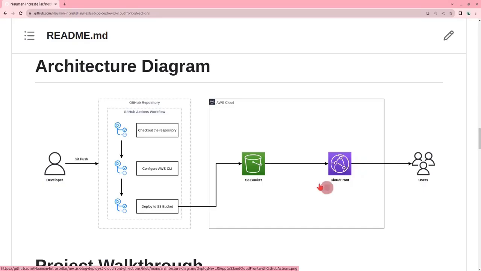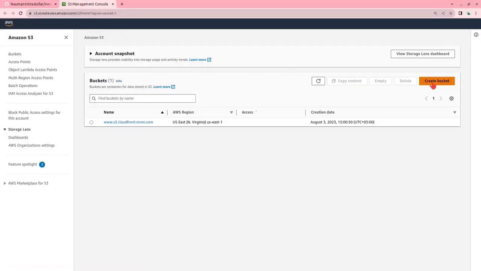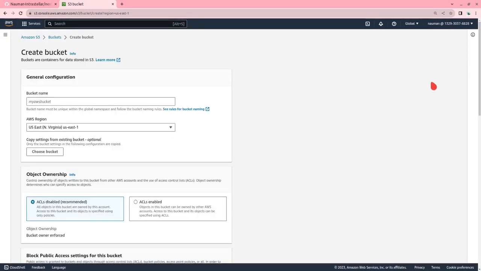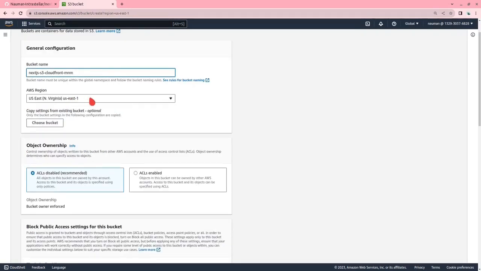So let us start. First, we will be creating a bucket. Let's call it Next.js deploy, Next.js S3 CloudFront, and let's give my initials. Okay, let's see if this is available. This name is available. So we will choose the US East one,